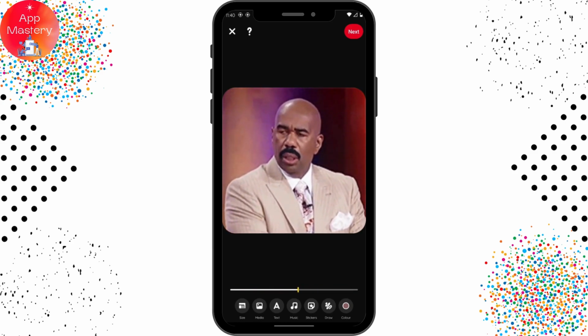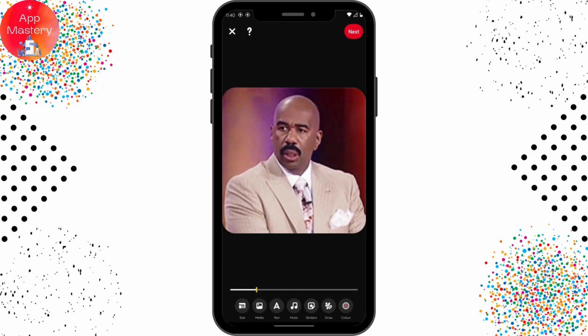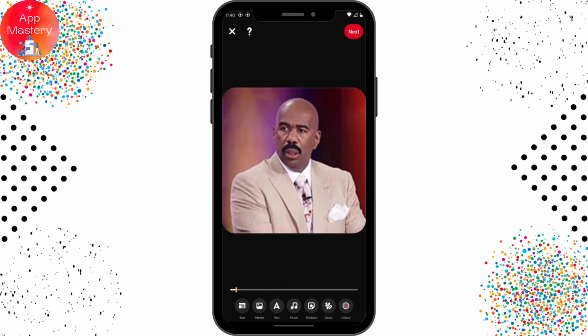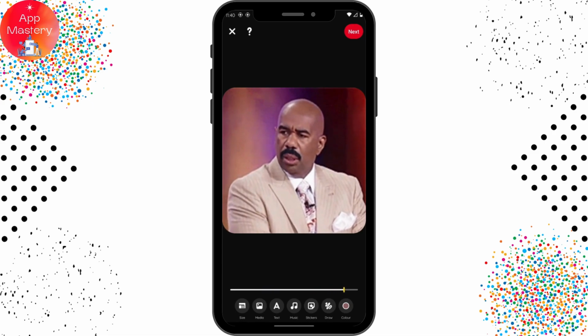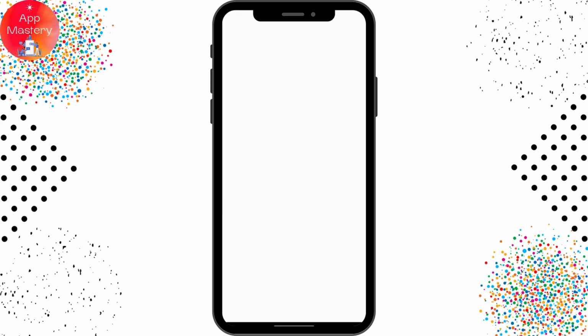draw, or you can color that. You can do anything with that video. You can edit that video, and after editing you can go for next, which is on the upper right, and